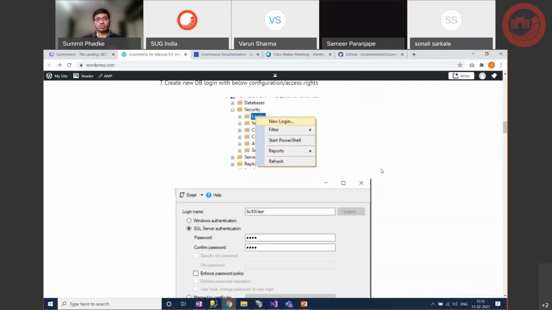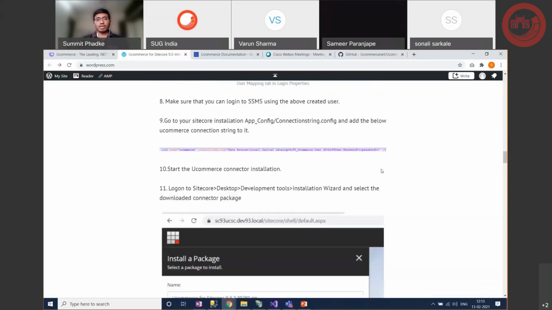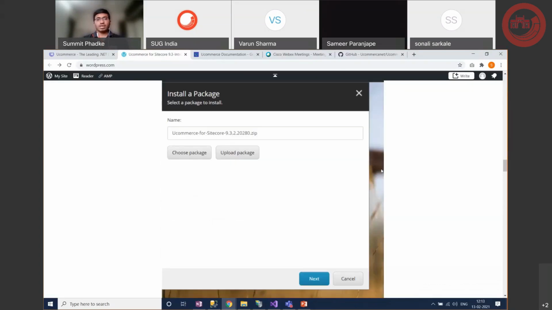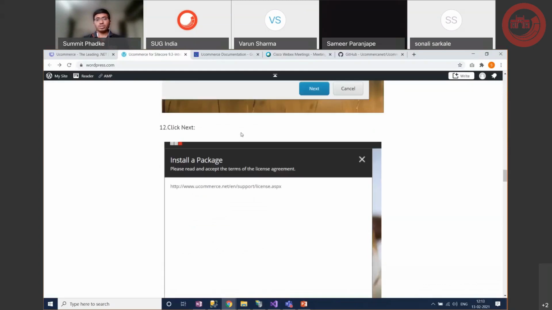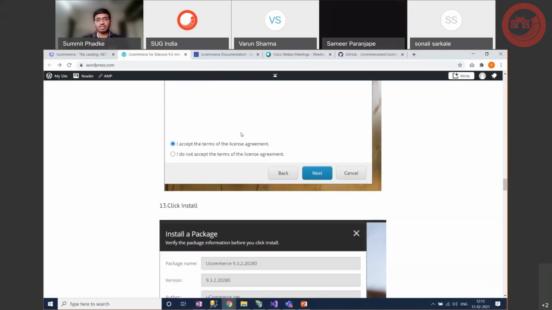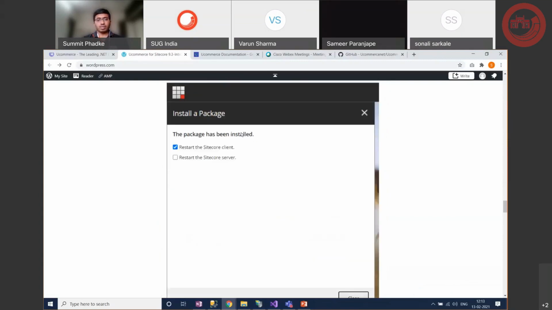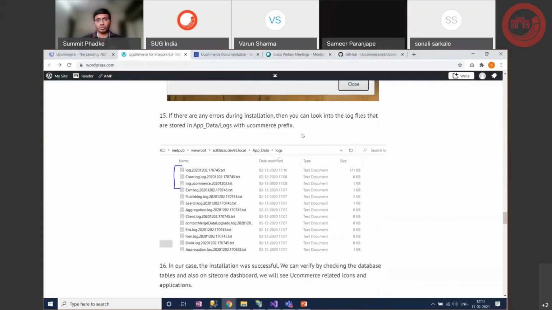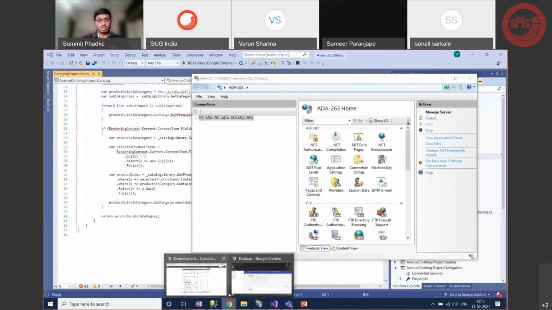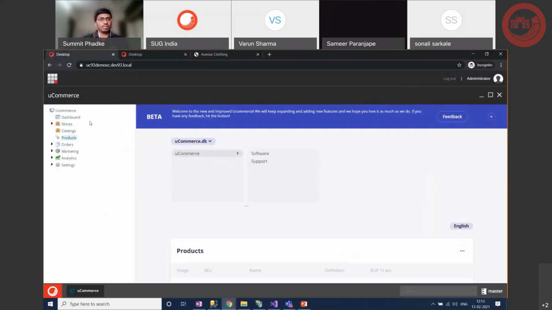So you have all these steps to follow, and once you install this package, which is WooCommerce for Sitecore that I showed you, it's just a simple package installation. When you click install, you should be good, and that's it. Once you install, you should have your WooCommerce for Sitecore all up and running. So I'll show you here. This is now going to be the WooCommerce. So when you install the WooCommerce, I go to the